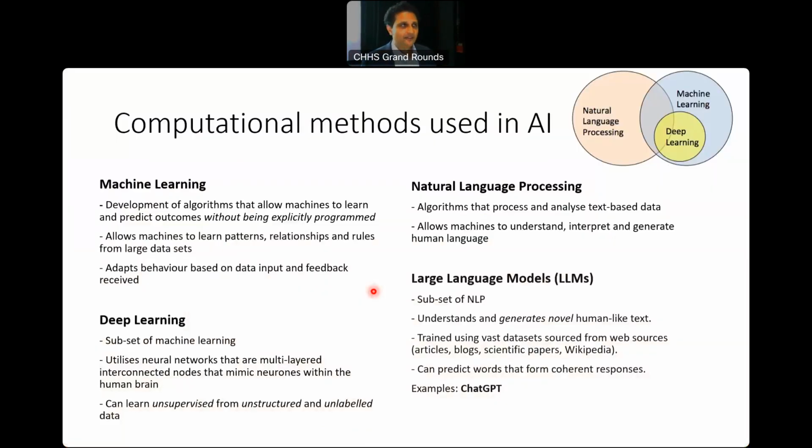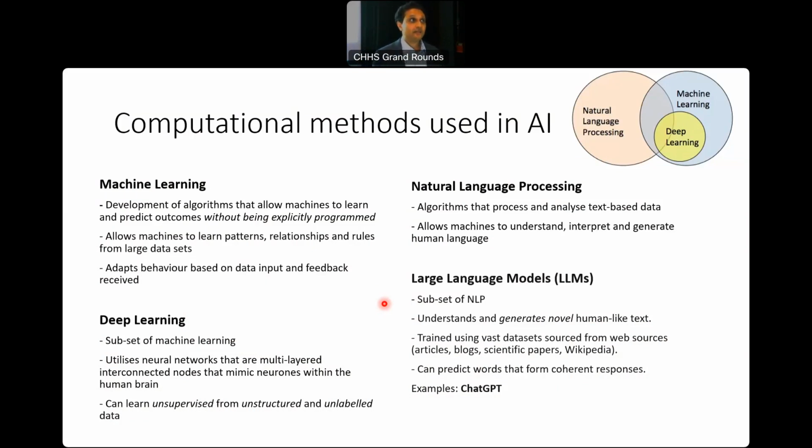So this is probably the slides I know least about, so I'm going to quickly rush through them. Computational methods used in AI. You hear about these computational techniques. I think it's important to at least know a little bit about them because they are quite different to the traditional methods of analysis that we have been taught over decades. So in terms of basic statistical methods, in terms of regression, in terms of how we normally allocate and categorize things, it's very different in AI.